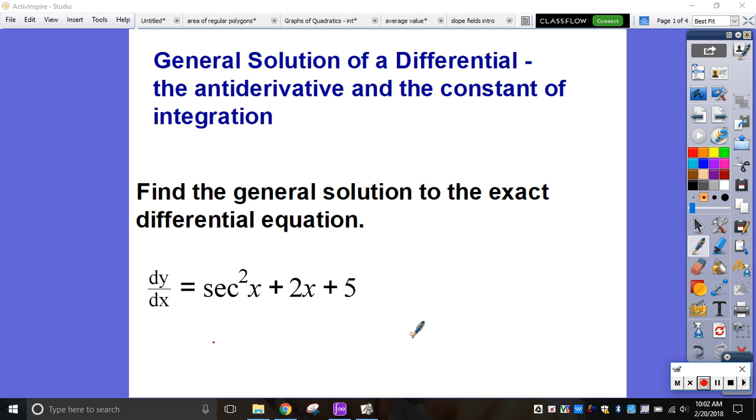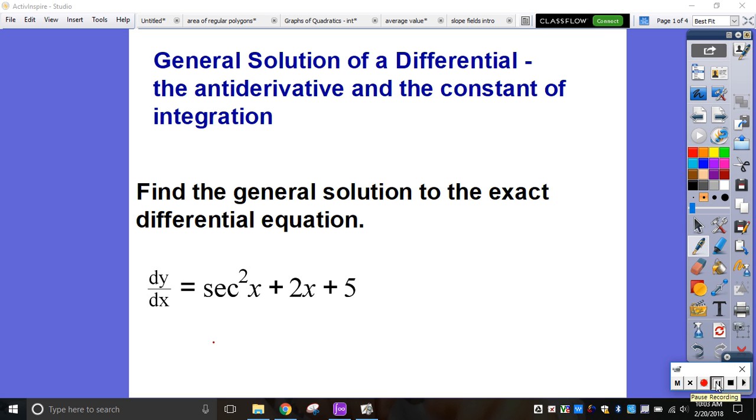So, for example, it says find the general solution to the exact differential equation. And they're telling you dy over dx equals secant squared x plus 2x plus 5. And basically this is just another way of them telling you to integrate. So I integrate this function and write plus c at the end, and that would be known as the general